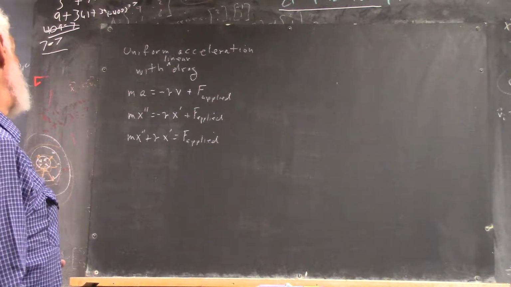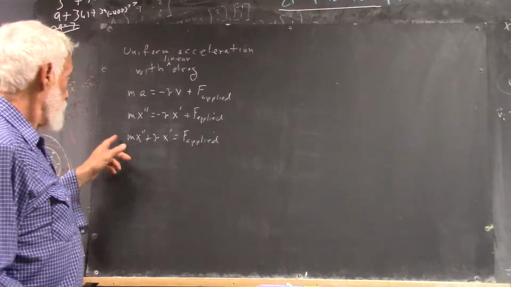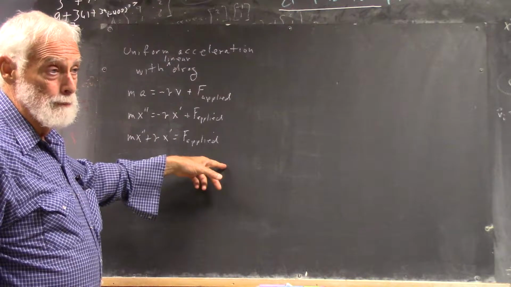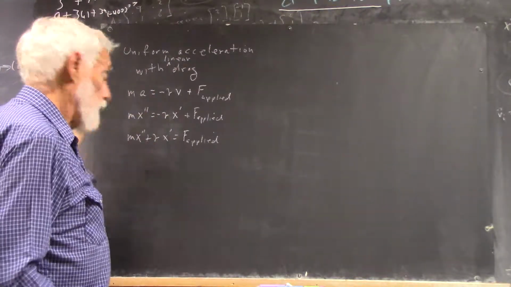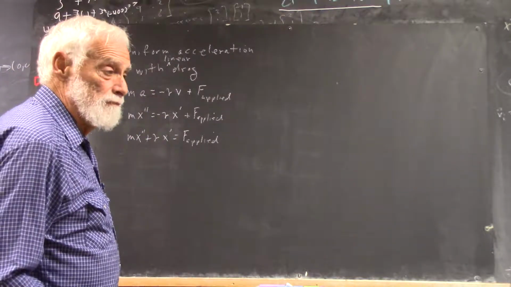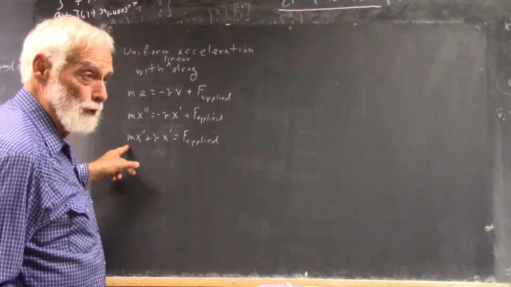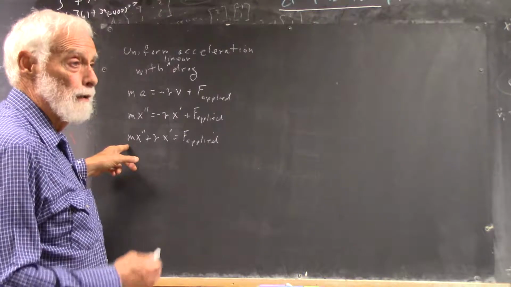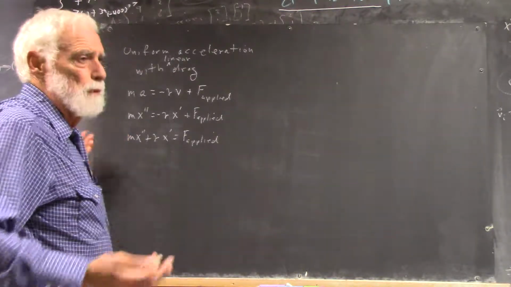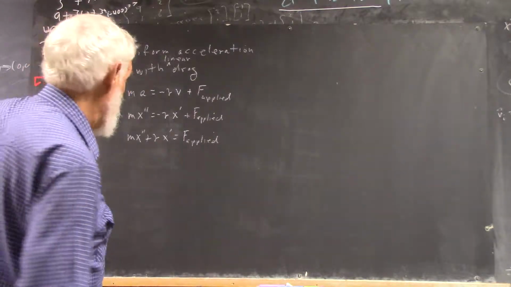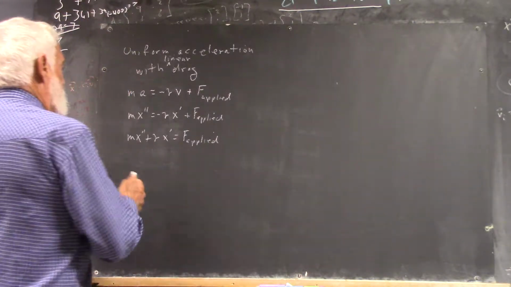And at this stage, a couple of things we could do. We could divide through by m, and that's what we would usually do. But I'm not going to divide through by m, just to show it works no matter how, and that it's simpler if you do divide through by m. So I'm not going to divide through by m, partly to show why you probably want to divide through by m, but it's easy either way. It comes out the same. Okay? So,